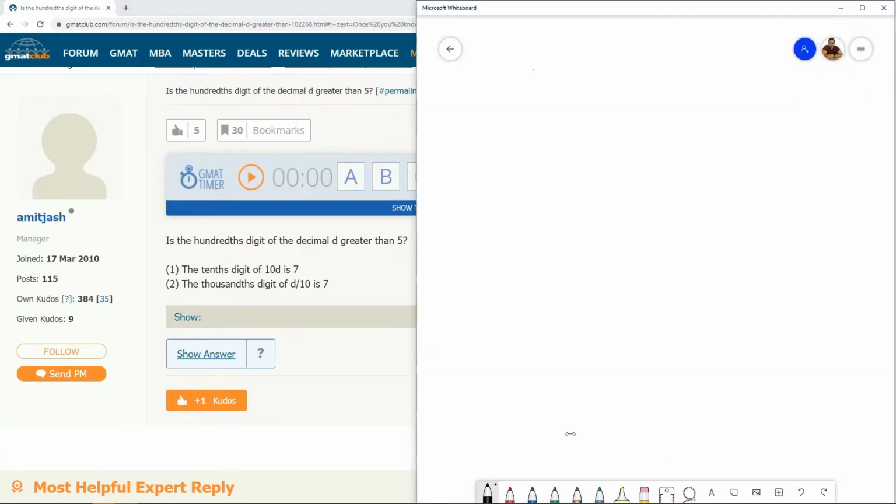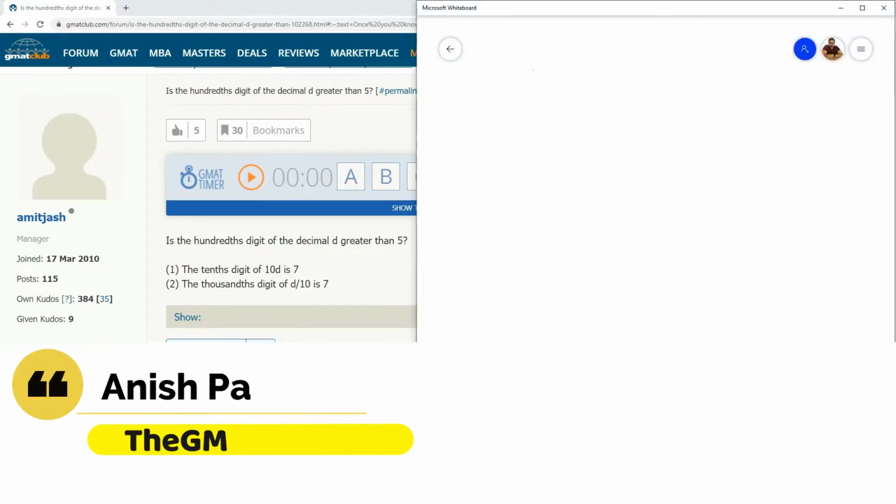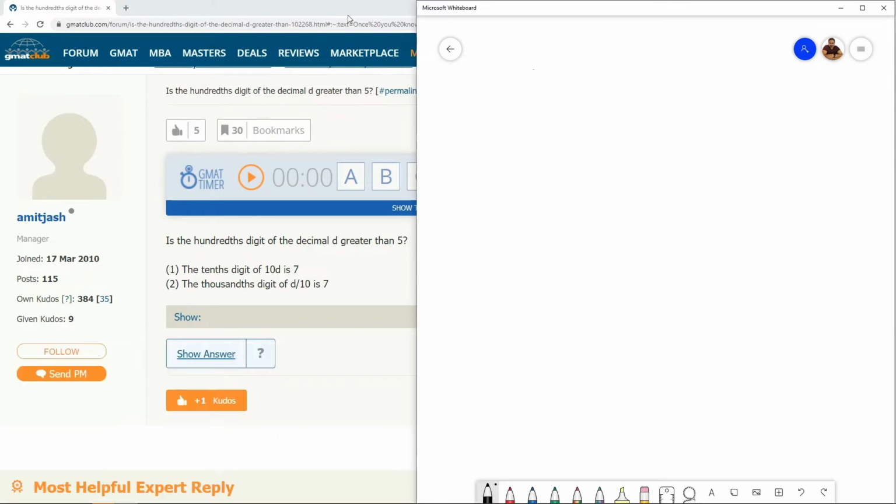All right. Now, is the hundredths digit of the decimal D greater than 5? Let's be very clear about what the question is asking for. What does the hundredths digit mean? Well, let's say there's a number